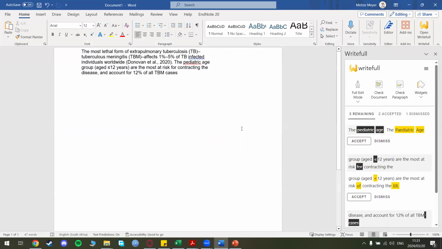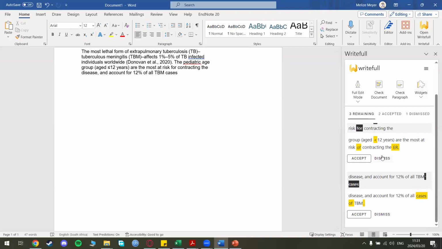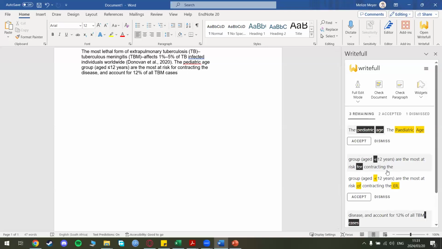The only thing that I can say is you just really need to look through the suggested edits because sometimes it will completely change the context of a sentence. So just because it is a suggested edit does not necessarily mean it's the best edit.